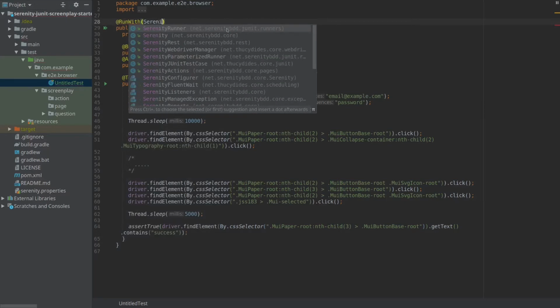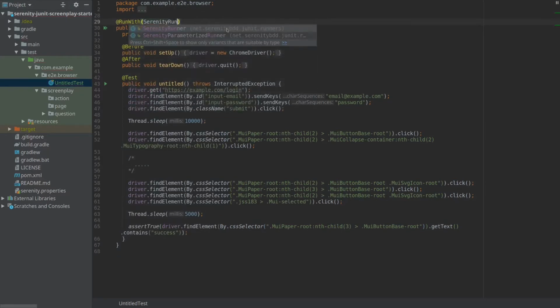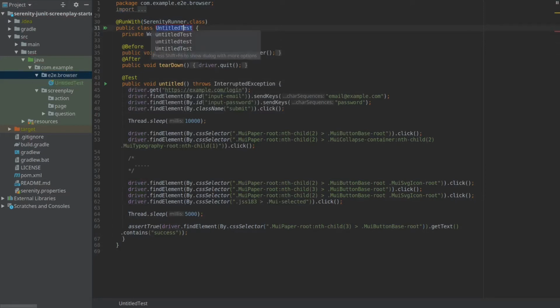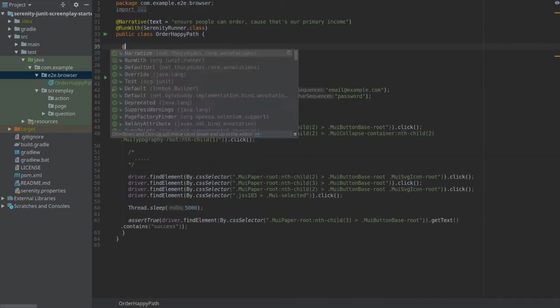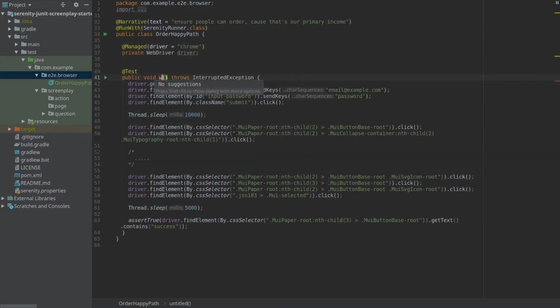For that, we need to look at the script more from a top-down view. We want to ask the questions why, what, and then answer the how. So why do we test? Let's assume we have some kind of e-commerce platform where people can order products. We want to make sure that they can actually do that. So let's remove this setup and teardown steps. Serenity will manage the browser for us.